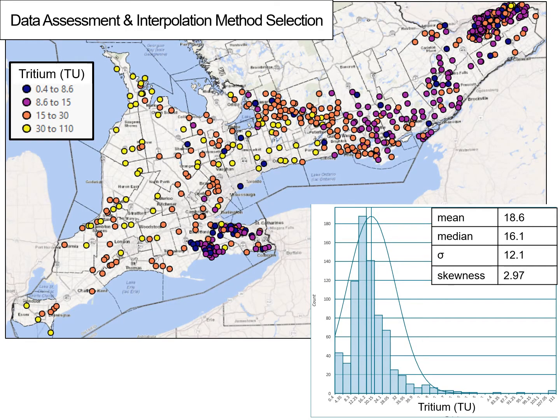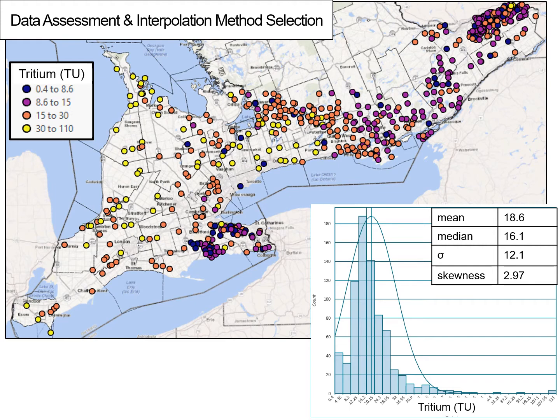So here's a first look at our shallow modern tritium data set with sample points color-coded to reflect tritium content. And the range of values is 0.4, which represents half of the detection limit, to 110 tritium units, so a really big range. And we can already see clusters of high and low tritium trends across Southern Ontario.